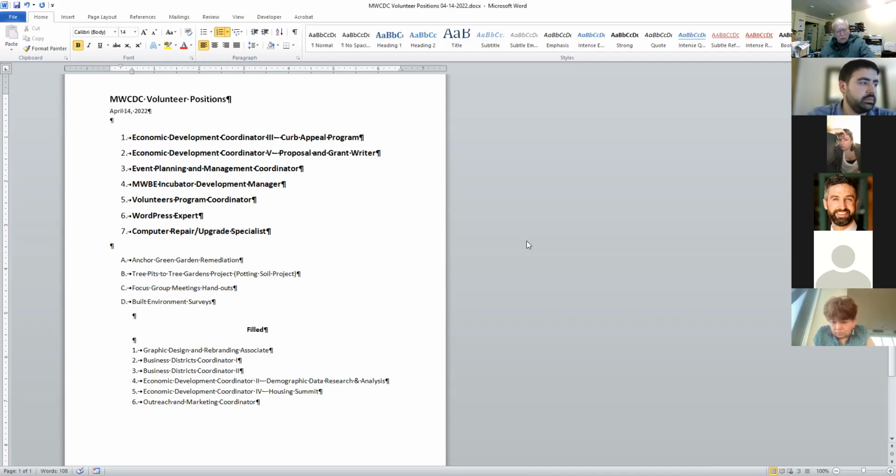Now, one of the things that I want to make clear is these are things that, essentially, the organization has identified as needs. We have a whole bunch of other needs, but these are things that people can do and grab onto, and they're very responsible. That doesn't mean any other activity that somebody could volunteer to do isn't as responsible. But if people have ideas about what they'd like to do to help the organization, and incidentally, we like to think the community, by all means, they can volunteer and make their suggestions.